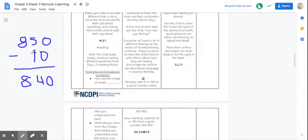Now, if they can't do that in their head, you can write it down like the way I did. You can use a number line to bounce back 10 or bounce forward 10. So that's how you would do that. And then after that,